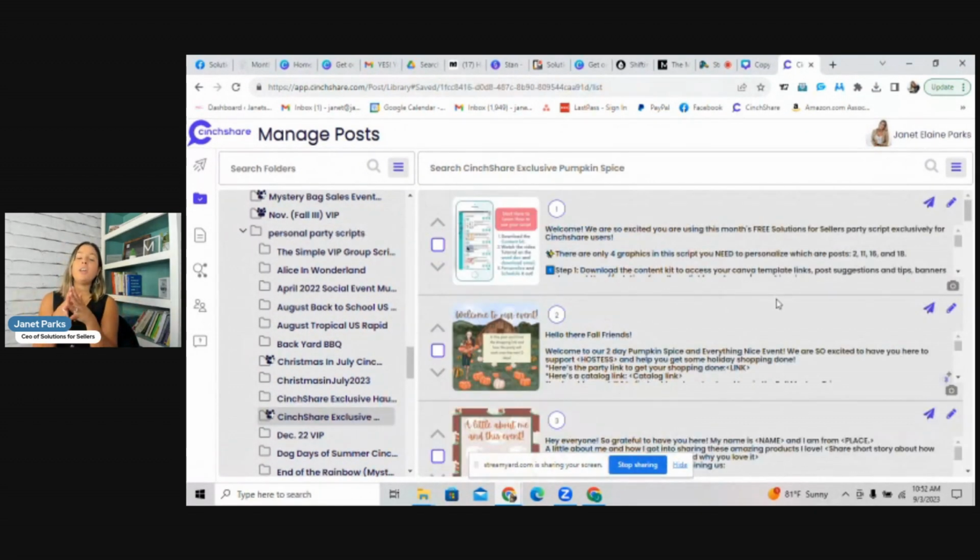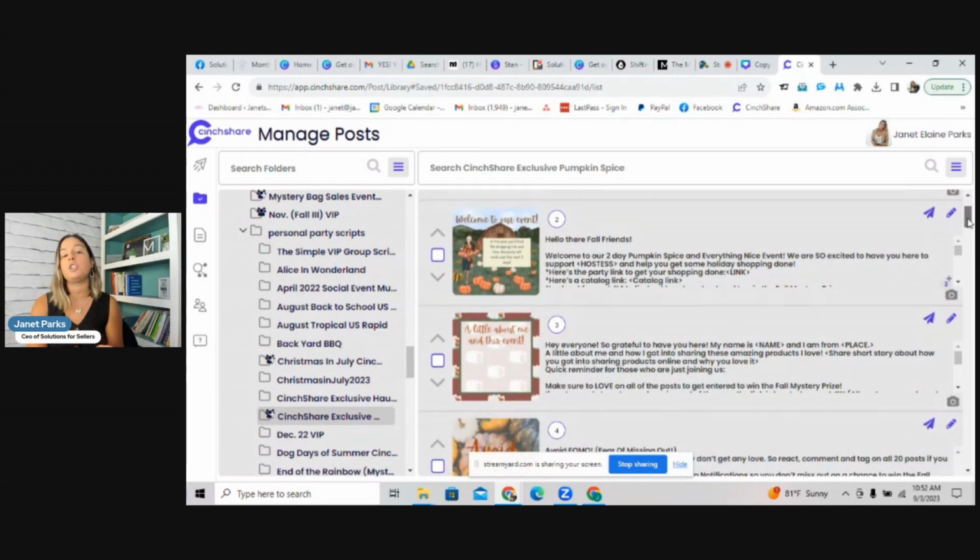Okay, so now that you've made a copy of your folder, you should be seeing that pencil icon on the right-hand corner. Do you guys see that? Hopefully you do, okay? Or maybe you're just watching this and you're like, I'm going to do it later, Janet, and that's totally fine. So once you see this pencil icon, you have full editing rights. So here's what I'm going to show you how to do.